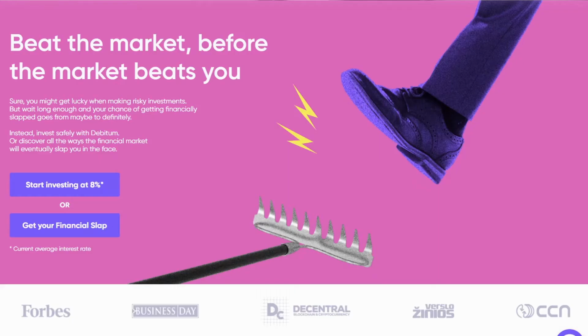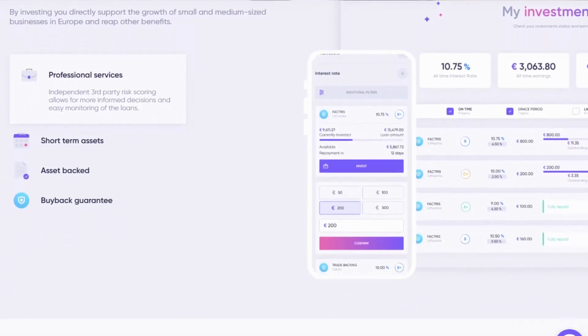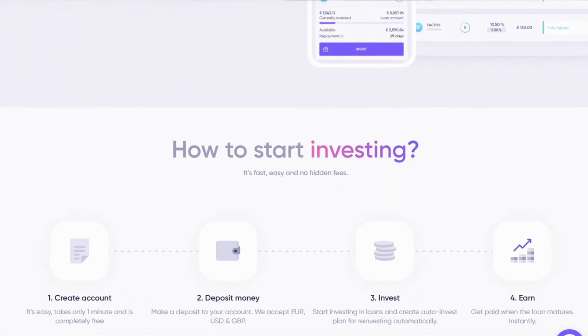Your investment on P2B marketplaces is protected by collateral or personal guarantees of the business owners. This investment type is suitable for more advanced investors. The diversification and the loan availability is typically lower as there aren't as many solid loan originators in the business loan sector. There's currently just one P2B marketplace, Debitum Network. This platform does a really good job in monitoring the financial performance of the lenders and protecting your money.